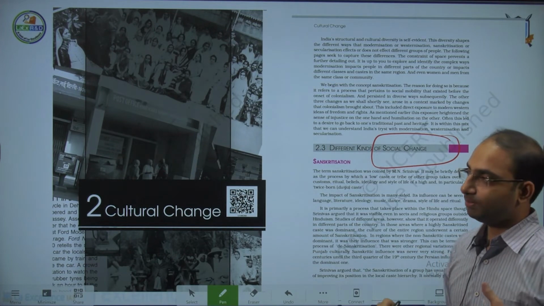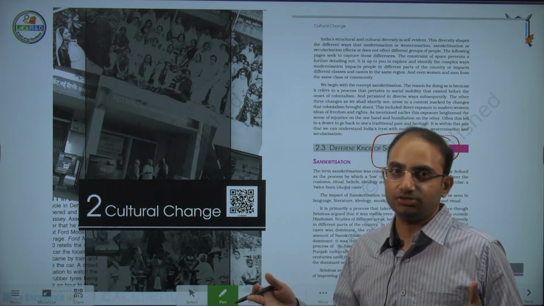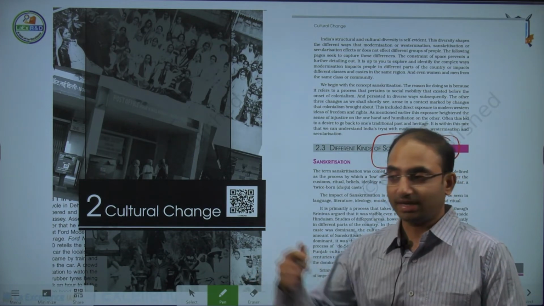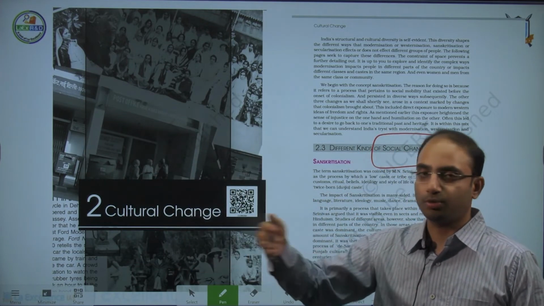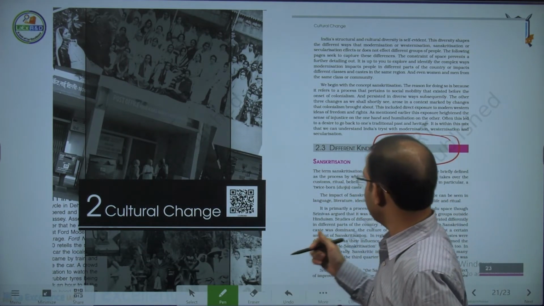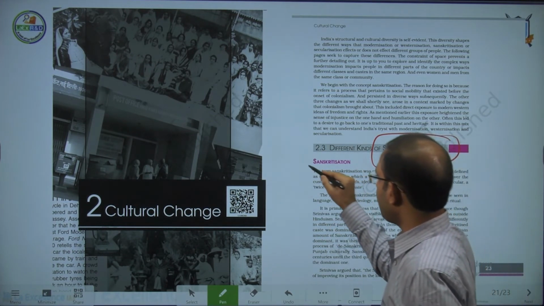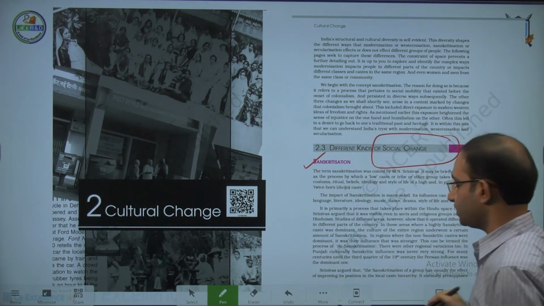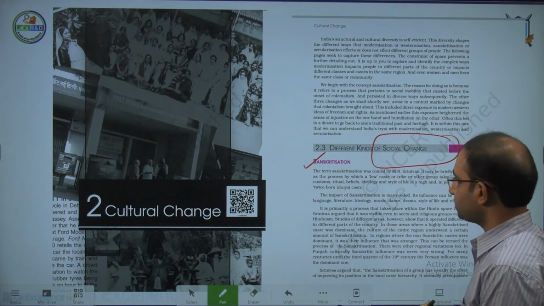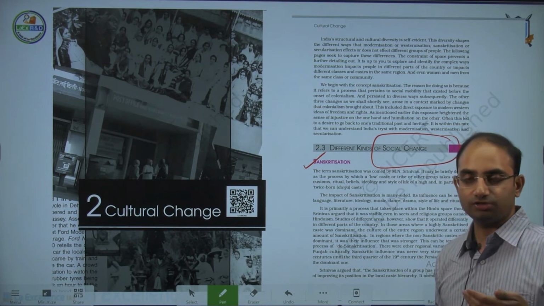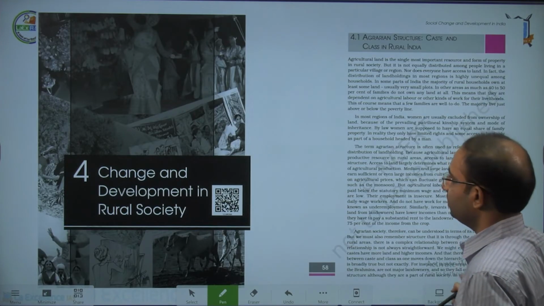Like for example, earlier people used to live in large joint families. But today, do they live in large joint families? No. Today we have nuclear families. That is called change. From joint to nuclear, from point A to point B. That is social change. So here we will understand the different kinds of social change, and social change can happen through various processes like Sanskritization, Westernization, modernization, and we will see how these processes have been impacting India in the last few centuries and which of these factors is more relevant to understand Indian society in the present.